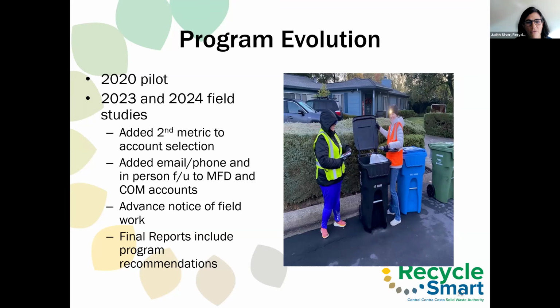Obviously, the advance notice of field work, and then the program recommendations that come with the final report are very helpful. Things like we're still seeing a lot of food scraps in the garbage, even if they're seeing that the yard trimmings are in the right cart. So something that we can focus on. And another observation, the recyclables are being bagged, and there's a lot of paper towels in the recycling, and we would rather those were in the compost in our green carts. So that's essentially the big takeaways, and gives us good guidance on our path forward.